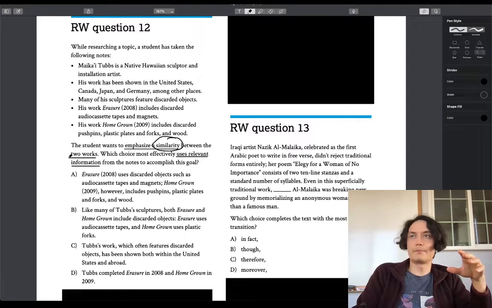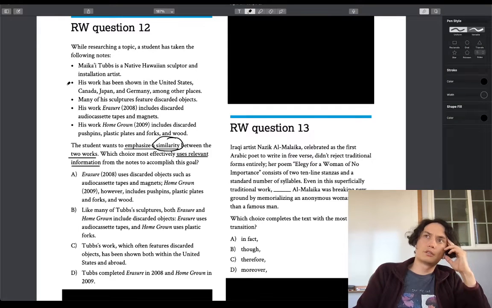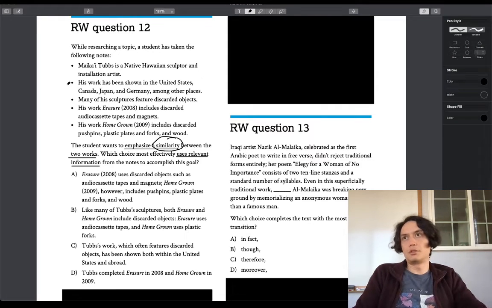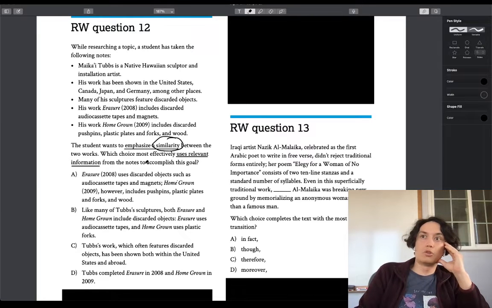Ooh, okay. While researching a topic, a student has taken the following notes. This dude is a native Hawaiian sculptor and installation artist. His work has been shown in the United States, Canada, Japan, Germany, among other places. Dude sculpts stuff, shows his work lots of places. Many of his sculptures feature discarded objects. Okay. His work, Erasure, includes discarded audio cassette tapes and magnets. Great. His work, Homegrown, includes discarded